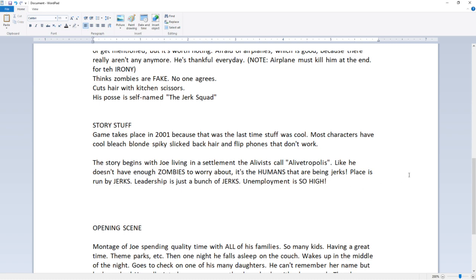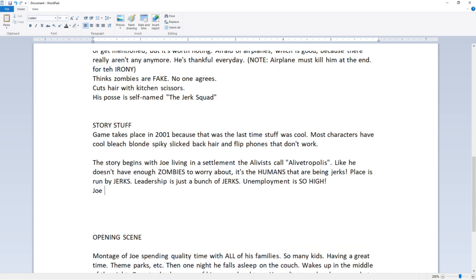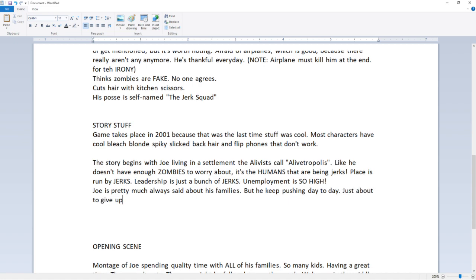Joe works in a live Tropolis. Joe is pretty much always sad about his families, but he keeps pushing day to day. Just about to give up hope when on one fateful day he needs to like go on a mission or something. Oh, one fateful day he gets in a big argument